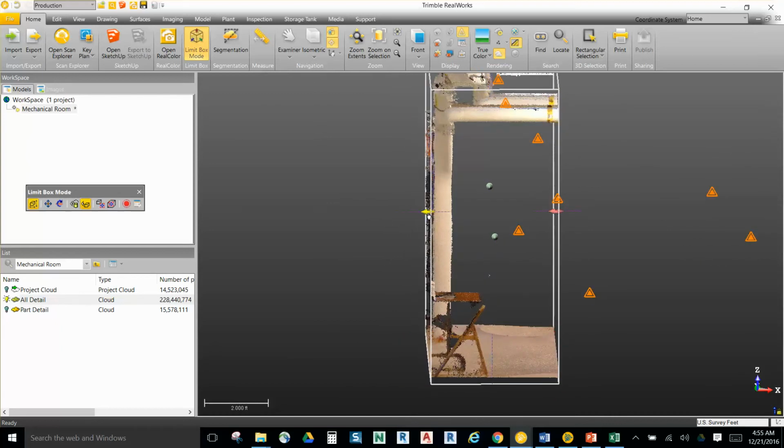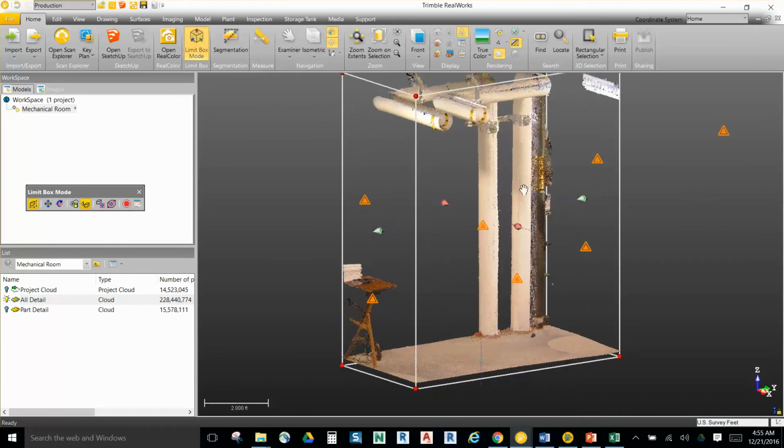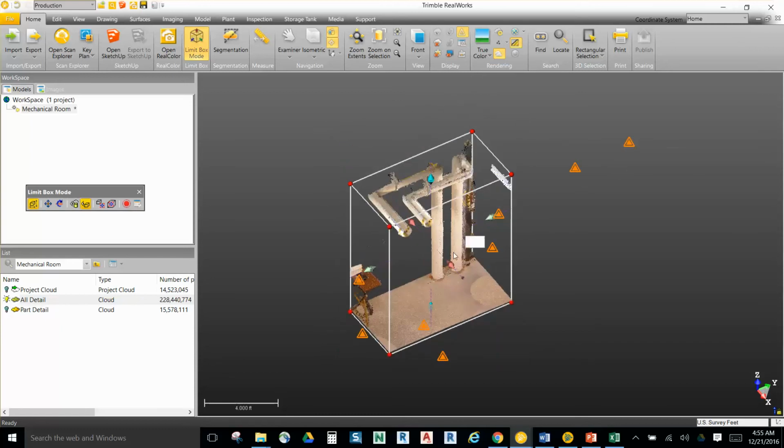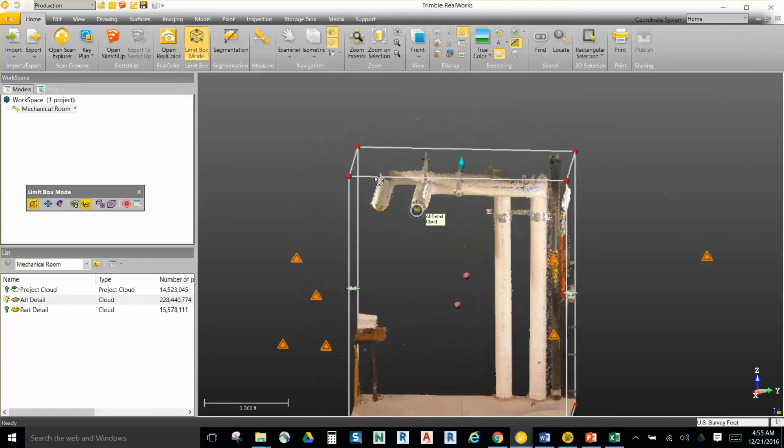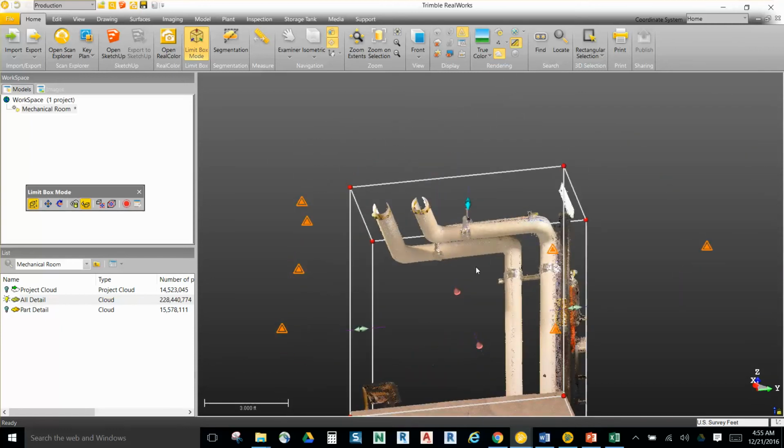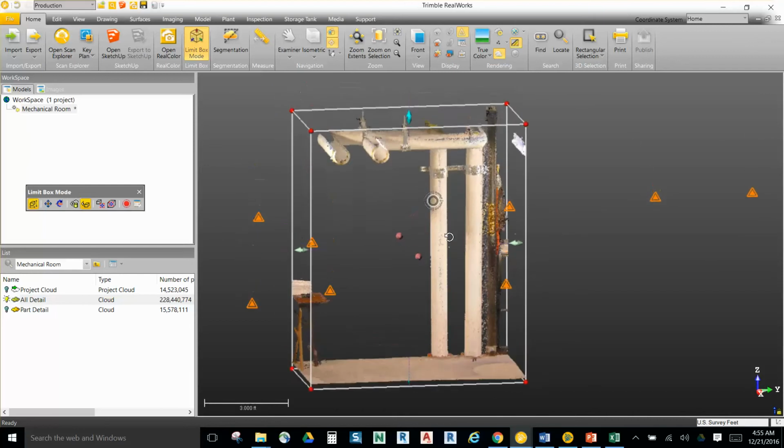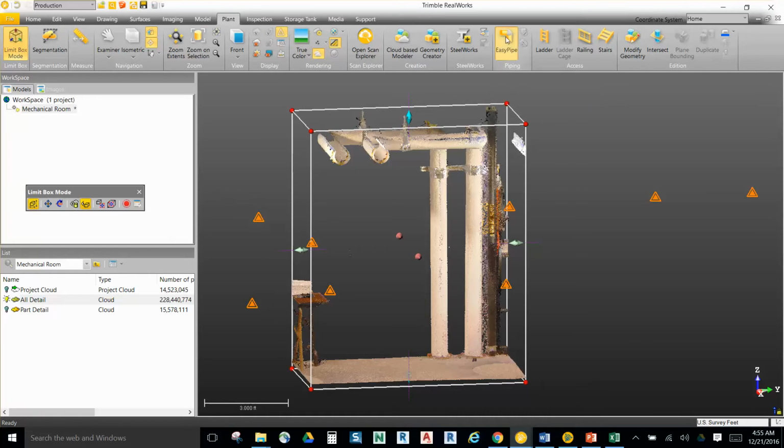I can bring it in and slide a little bit more just to get rid of some of the other detail on the wall. So now you can see I have a nice clean view of my pipes. To create a solid out of this, I have my point cloud selected. I'm going to go to my plant, and I'm going to go to easy pipe,